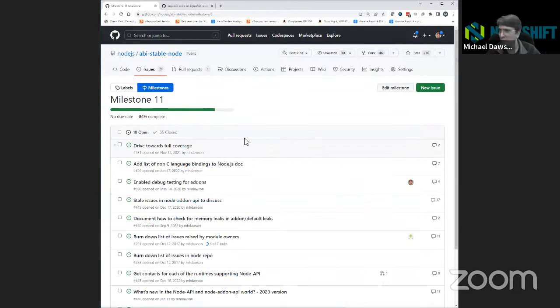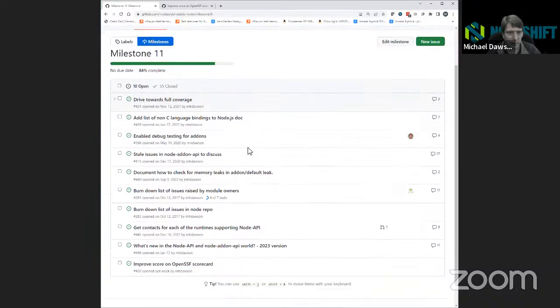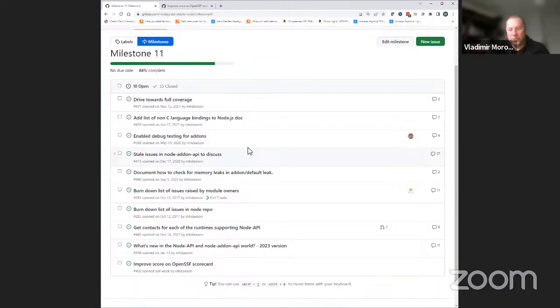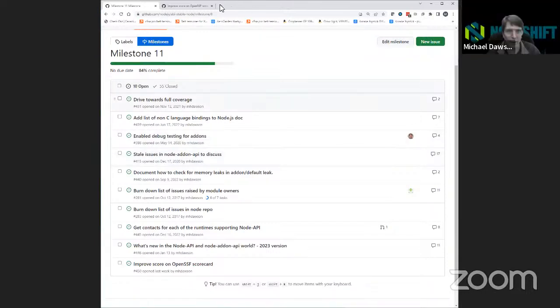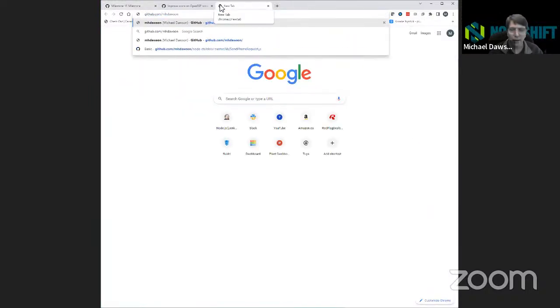So I think drive towards full coverage. We don't have Jack today, but last I looked, there was still a PR or two that could use some reviews to get landed. I don't know if there's anything else to talk about there. As we talk about unit tests, I believe Gabriel submitted a bunch of new unit tests towards the main repo. Yeah, I've seen a few of those and approved a few. Should we try and get more reviews and land them, or is there anything to discuss on those?